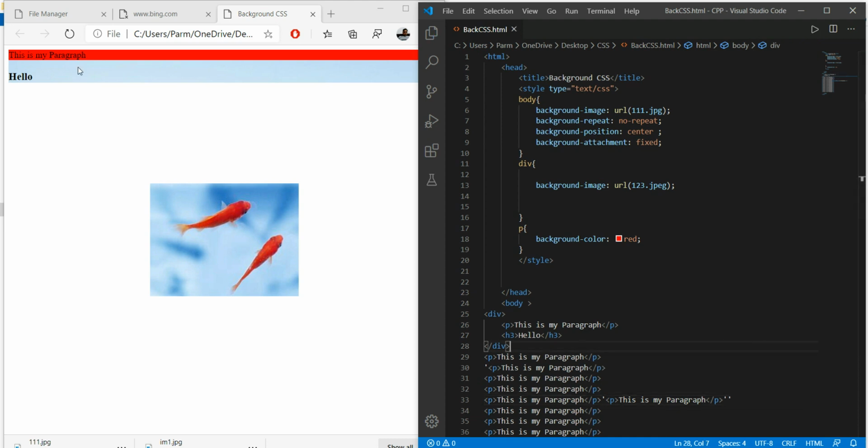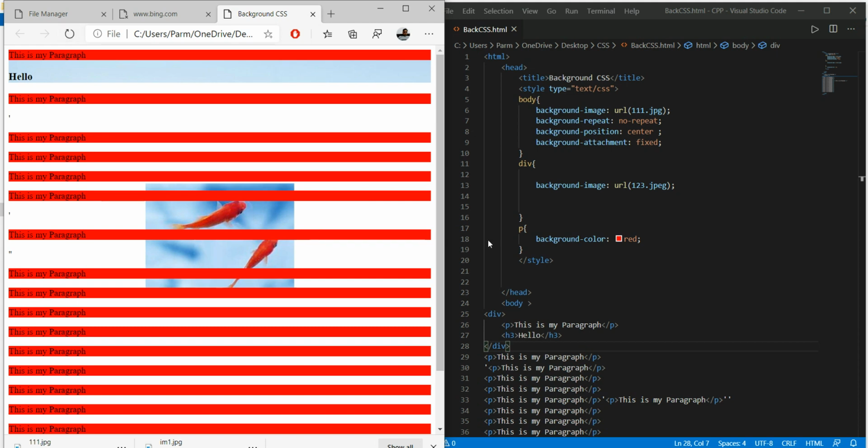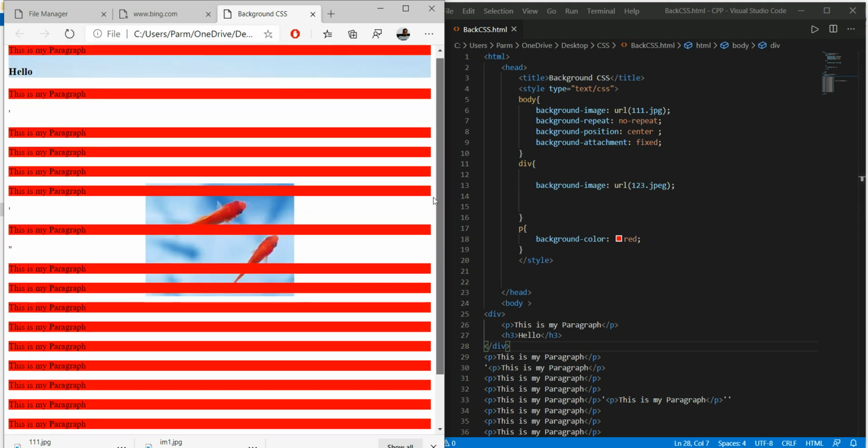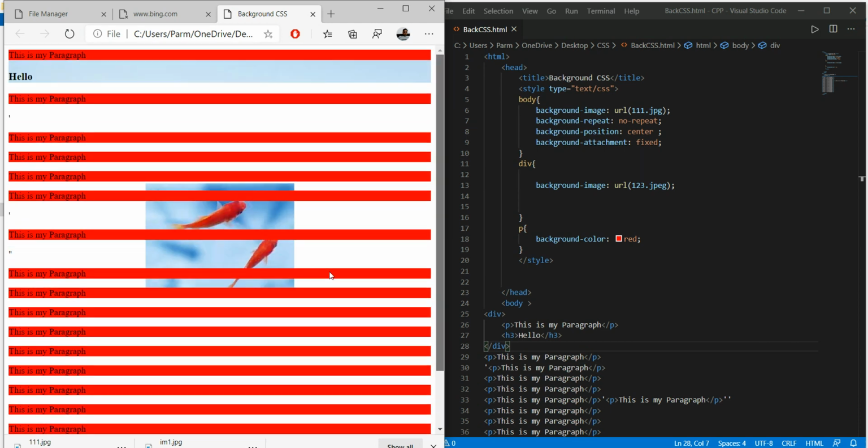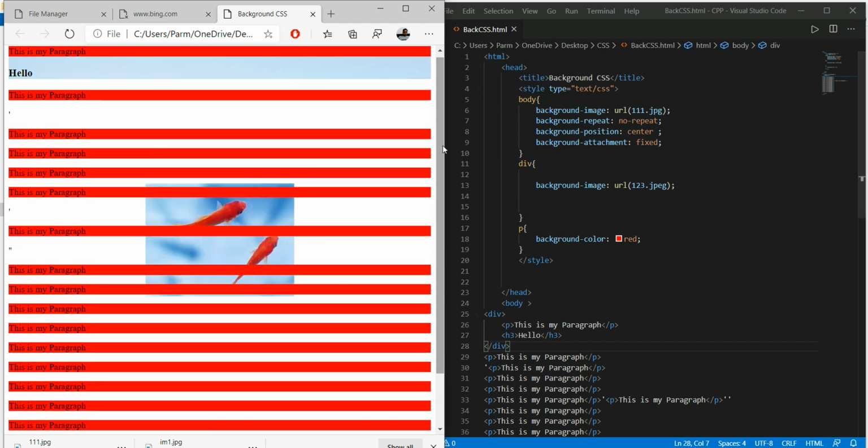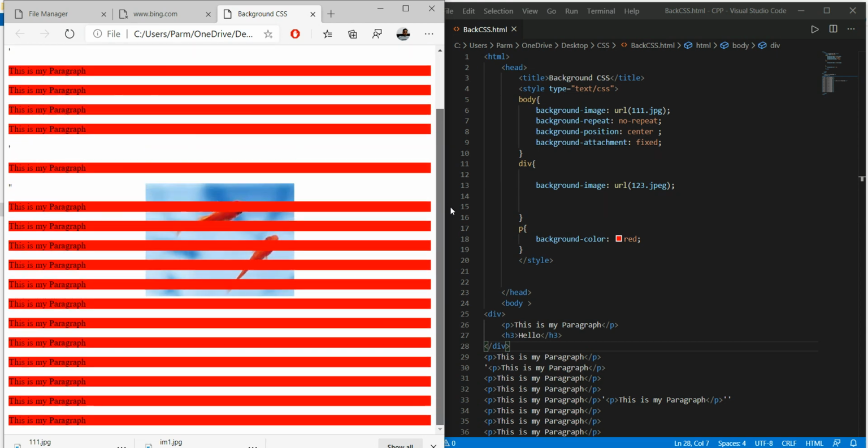Save this. Now see the effect. Now look at this, the page has become scrollable. As I have set the position fixed over there, the background image remains fixed.